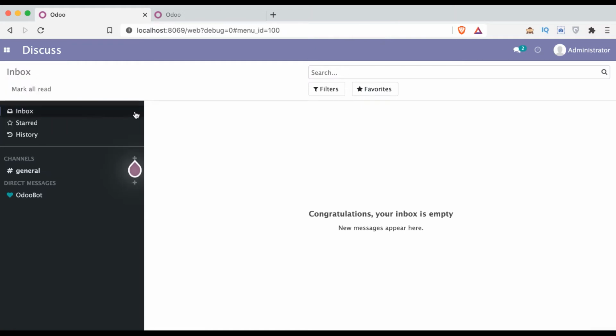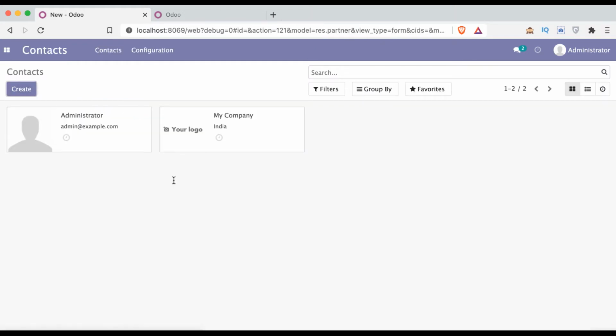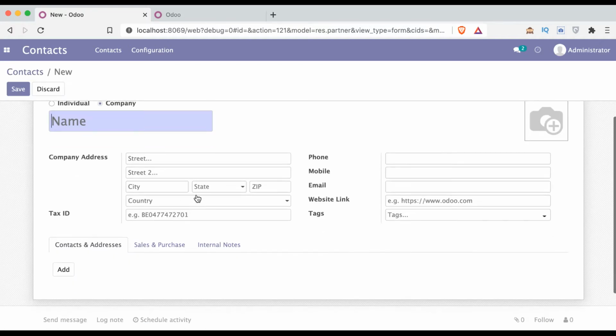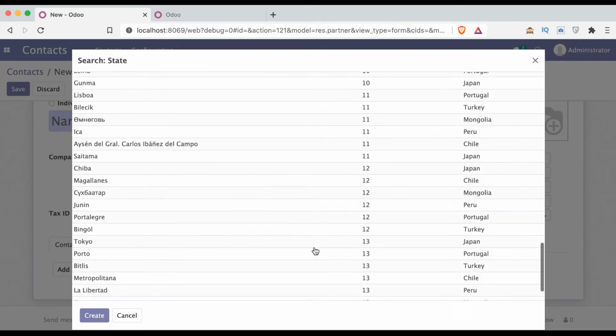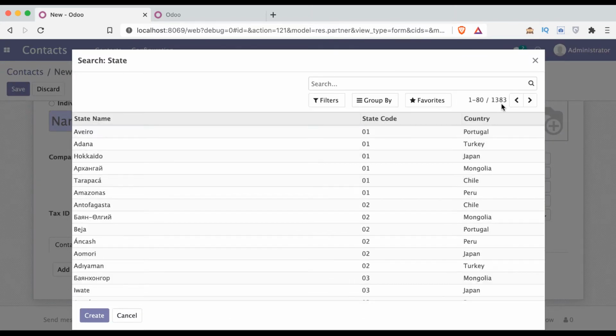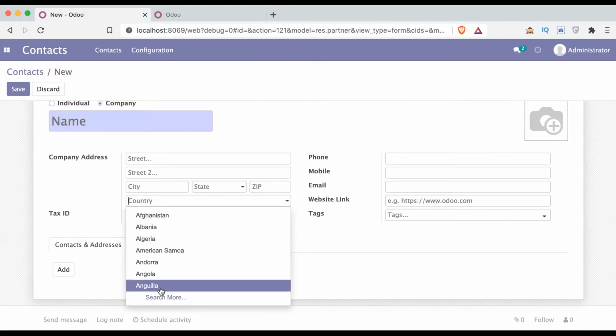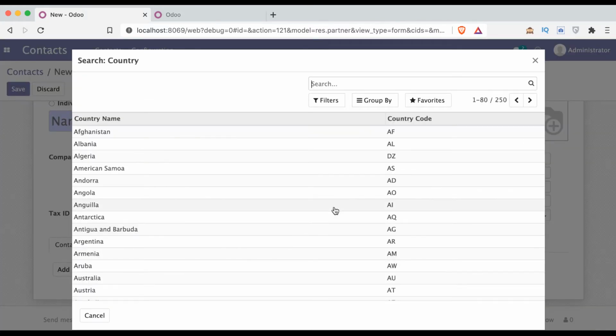For example, I am going to contacts, and let me create a new contact here. You can see here the states, already 1383 states are created, plus the countries are also created, 250 countries.